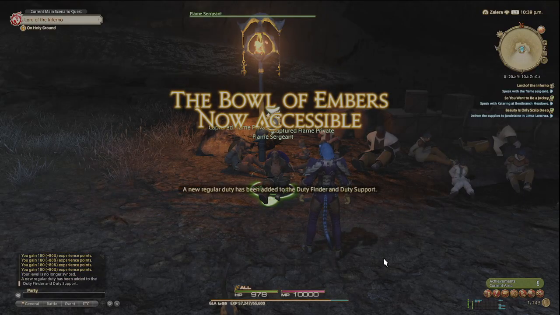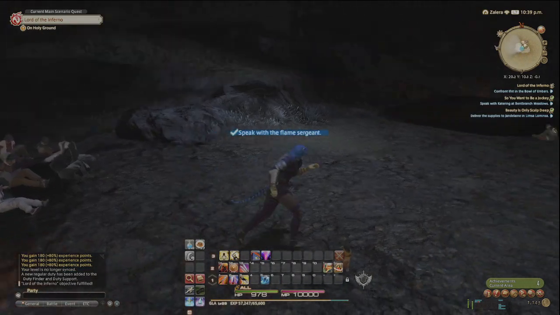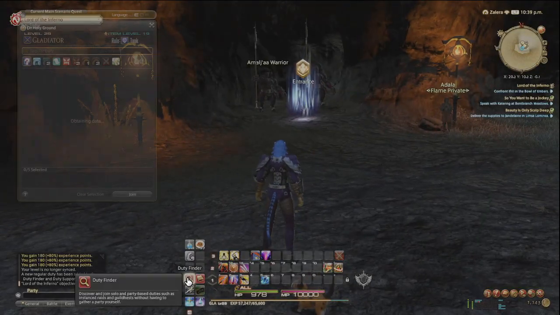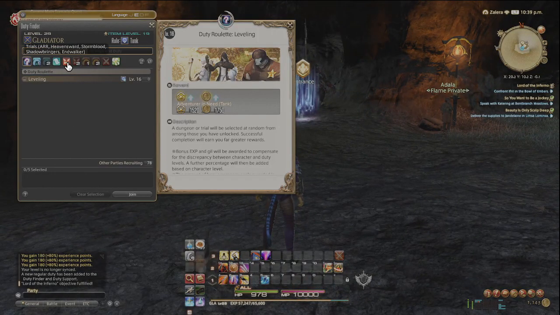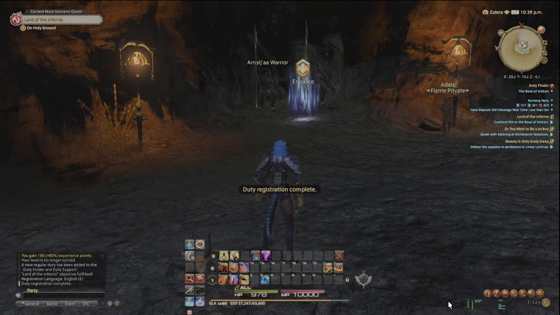The Bowl of Embers. So, every time you fight a primal, it is known as a trial. So trials are shown by this angry face, the Bowl of Embers. So you have to join for it, same as you have to queue for it, same as you would for a dungeon. So now it's just a matter of waiting. And I don't know how long we're gonna have to wait. So, but in the meantime,